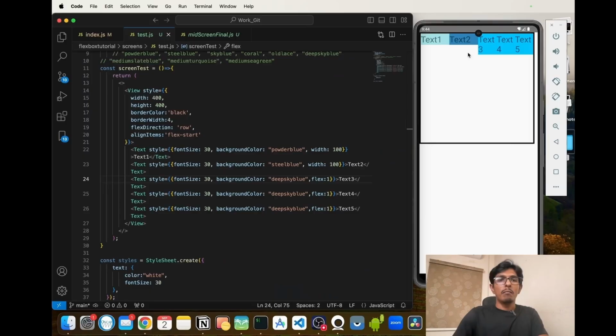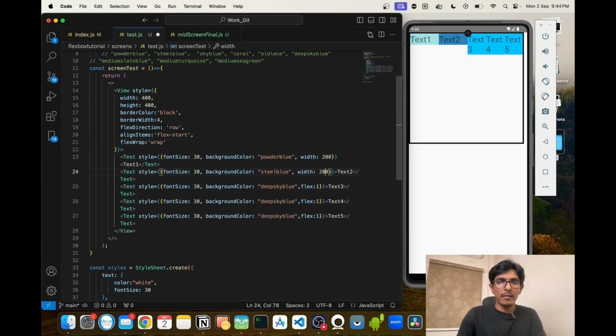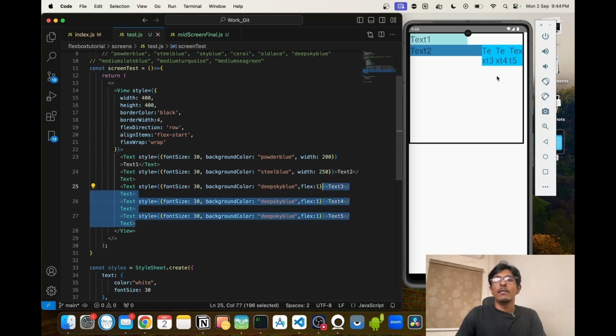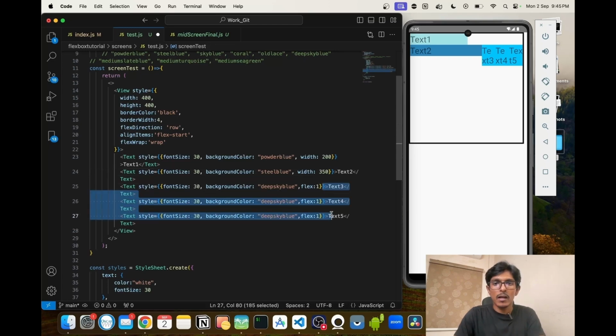But what if I switch on flex wrap and I give this 200 and 250? That means together 450 cannot be on the same line, it will overflow. So 200 will get arranged here, 250 will get arranged in the next line, and these three boxes will now calculate the empty space in the next line and split them equally. So always arrange the non-flex boxes. If there is flex wrap, then wrap it and arrange them. Then in the final row, whatever empty space is there along the main axis, that gets rationed among the flex boxes. So if I have this one as 350, then in the tiny 50, three text boxes are going to